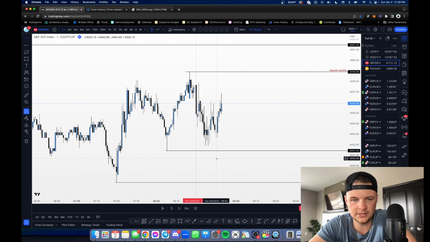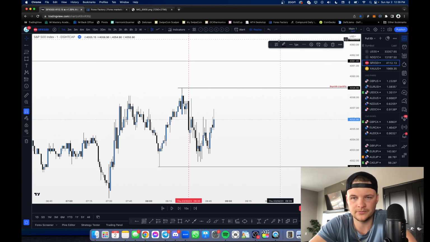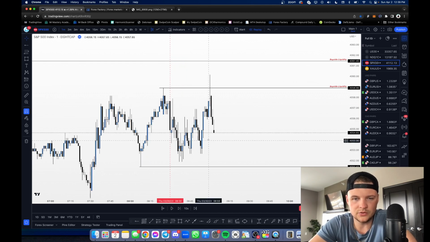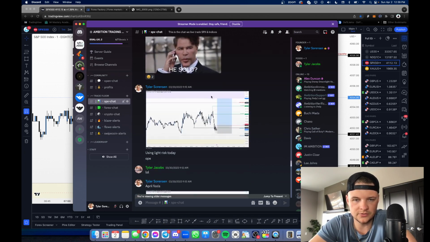If we sweep this and get a break of structure, I'm willing to go long. If we sweep this and get a break of structure, I'm willing to go short. Not here, right up here actually. Sorry. But just annotating this, as price is playing out, we get a push to the upside, we sweep buy side liquidity, right? So just to show you guys where we're at,